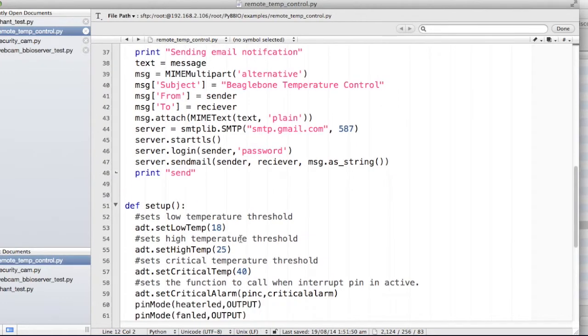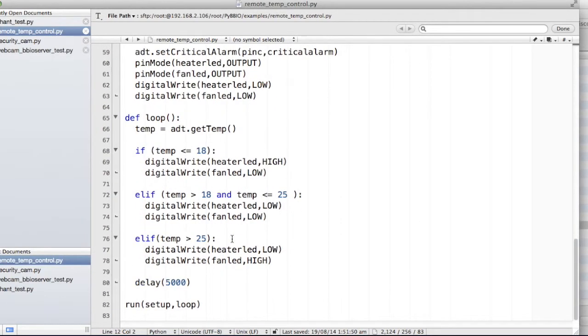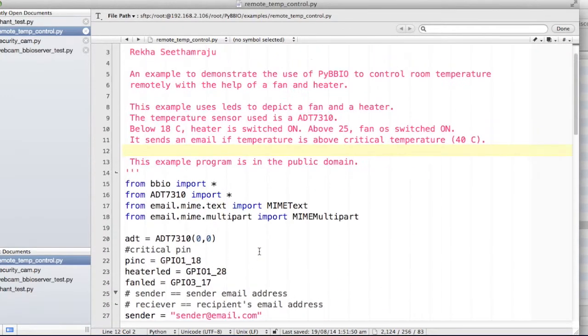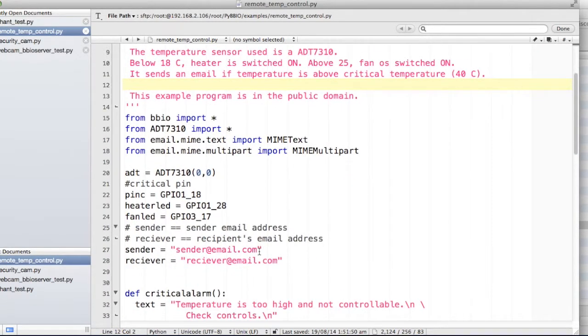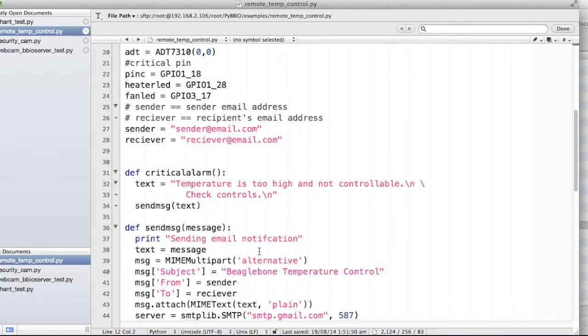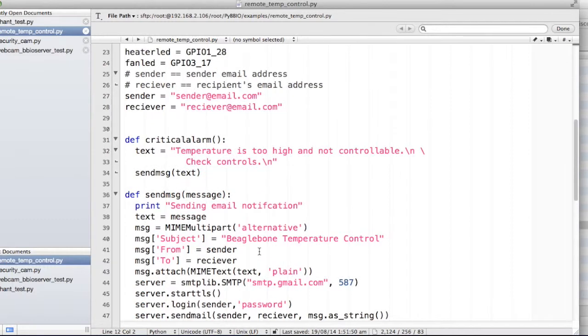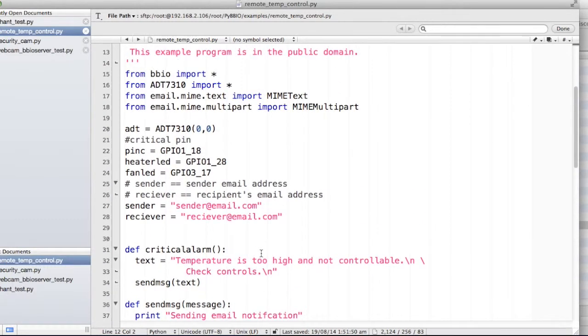This is a proof of concept video, so I've basically used two LEDs to depict a heater and a fan, and it also sends a message. Oh, and the security cam also sends the picture as an SMS and as an email.